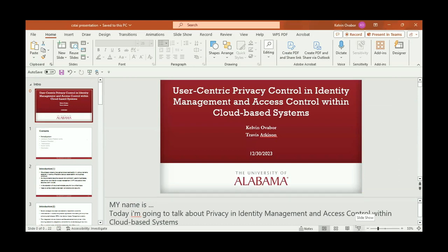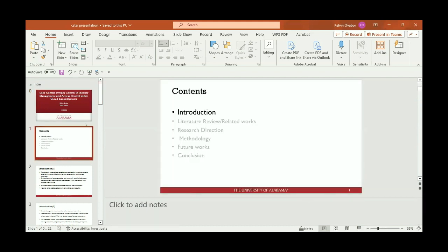Okay, hi everyone. I'll be making a presentation on user-centric privacy control in identity management and access control within cloud-based systems. I'm Kelvin Ovabor of the University of Alabama. I'll be going through these contents: introduction, literature review on related works, the research direction, the methodology, the future works,